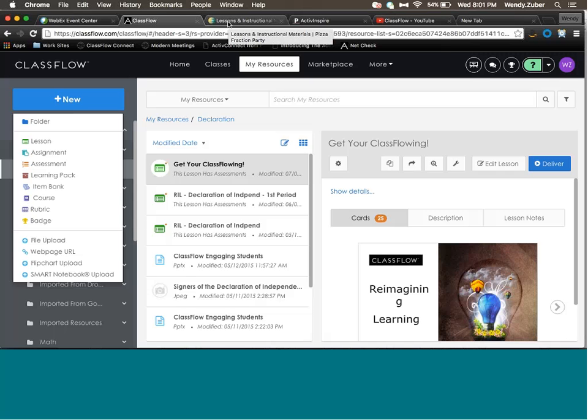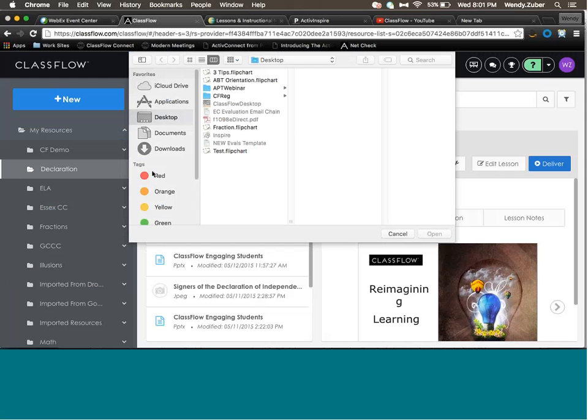And if you've got the ActivInspire software open or installed on the computer that you're using, you can open it once you've downloaded the lesson and be able to then use it immediately in ActivInspire. It will automatically open and be ready to rock and roll, if you will. If you want to use it in ClassFlow, you'll need to download it so that you've got it saved on your computer somewhere. Log into classflow.com, go to My Resources, New, and do flip chart upload, and then find that